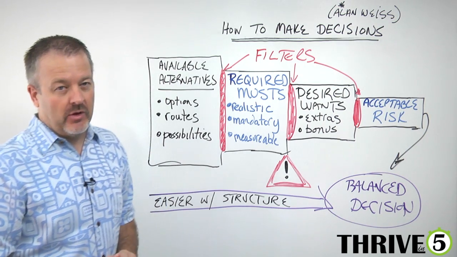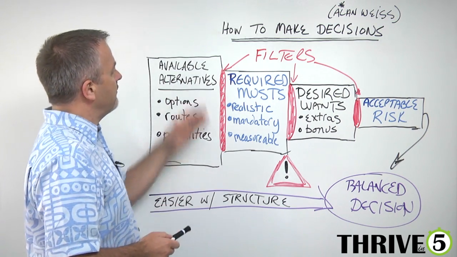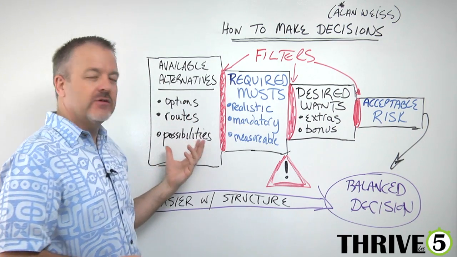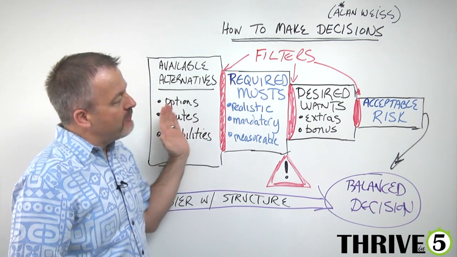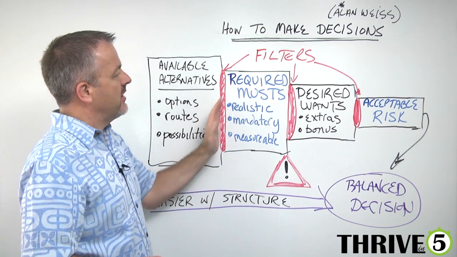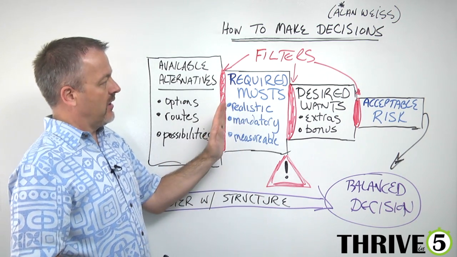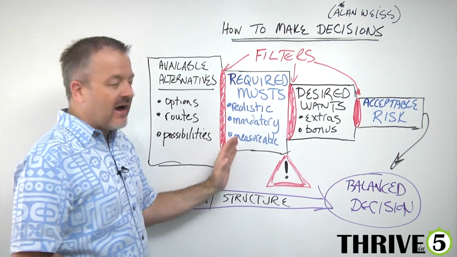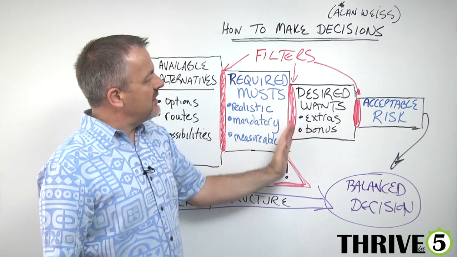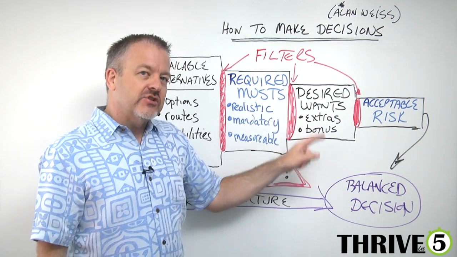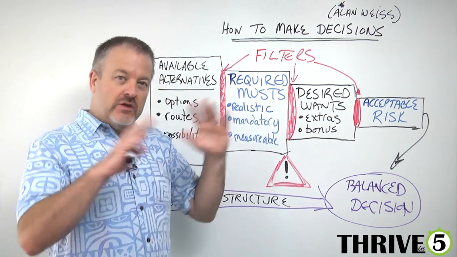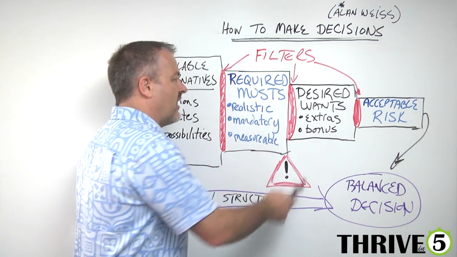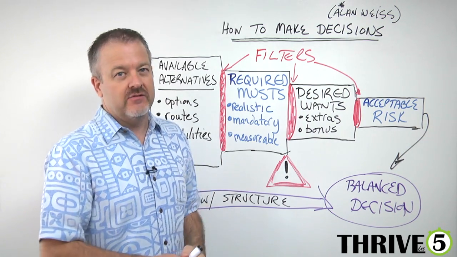And the next is measurable. Can you measure this? If you've got a range of alternatives, options, possibilities or opportunities, in order to help make a decision, the first thing you have to determine is what the musts are. What's mandatory? Once you get through that filter, the next obvious filter is the desired wants. These are the musts, and then in terms of making a better decision, you go for, well, what do I want? Those are the extras, the bonuses, the positives,